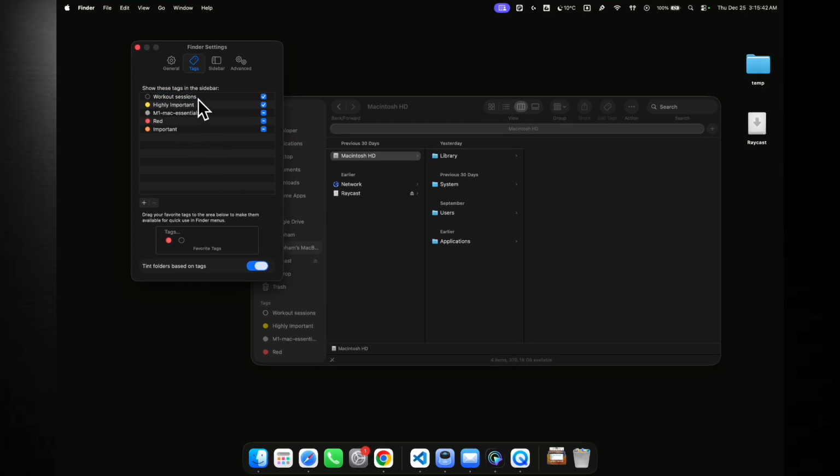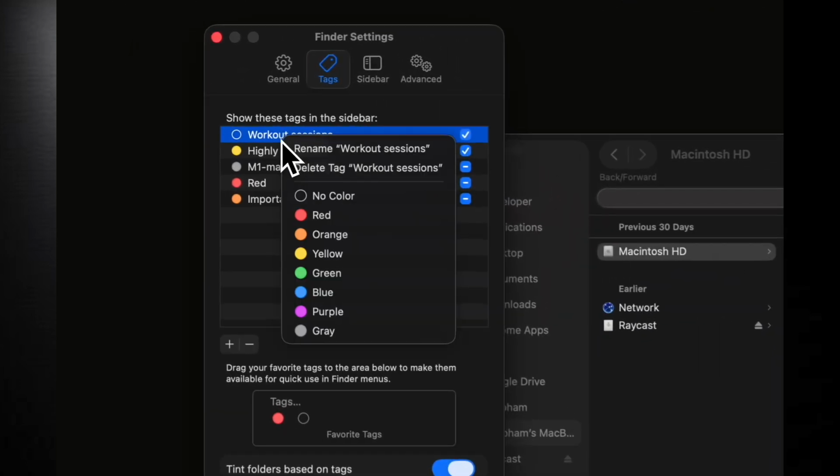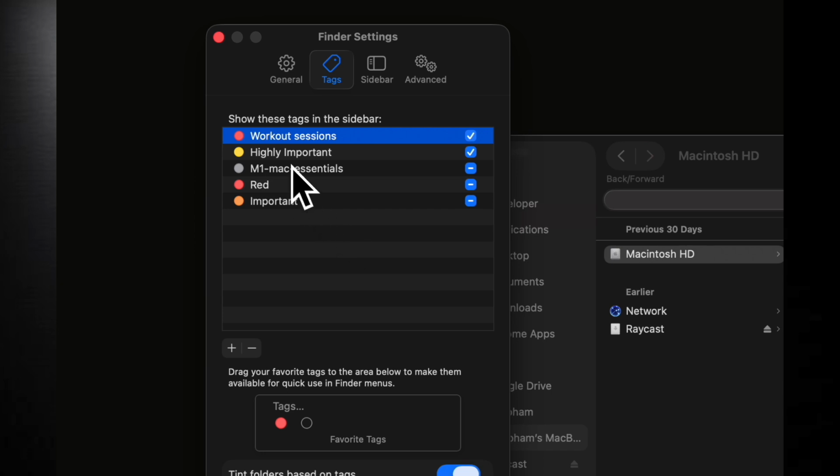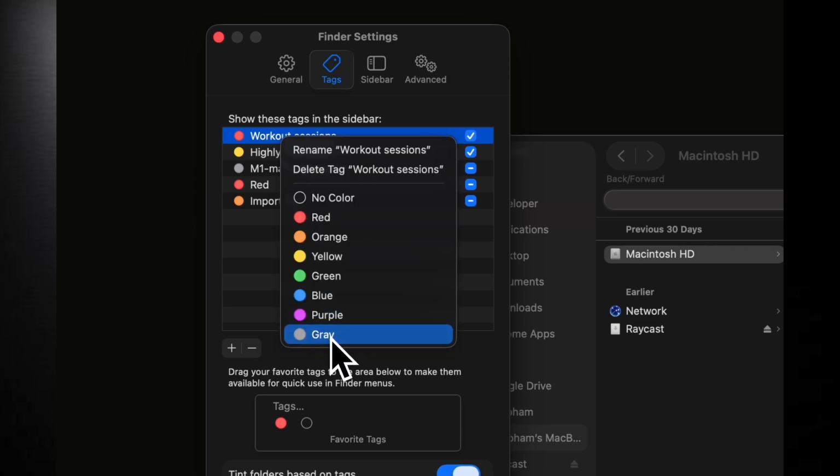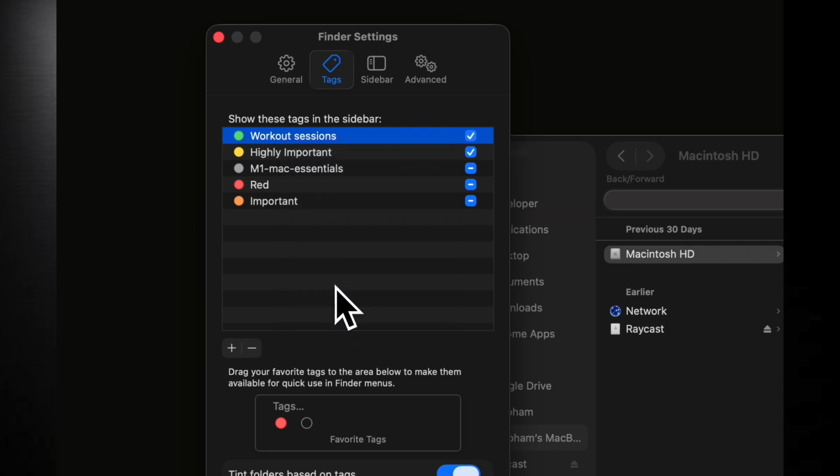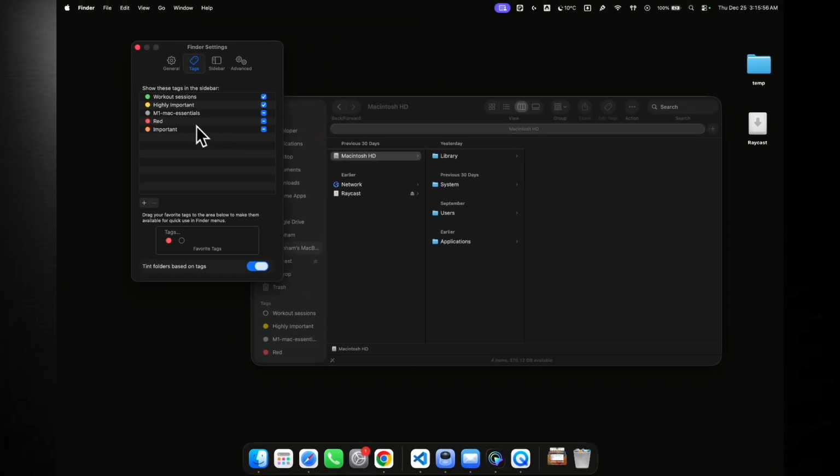Once you've added workout sessions, you see the workout sessions tag has been added. We can even specify a specific color. For example, we can specify it as green, right? Now this has been added. Once this has been added, we can actually